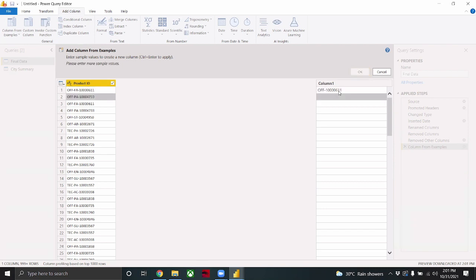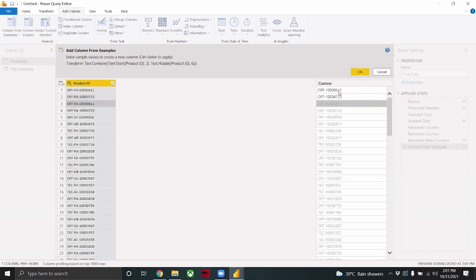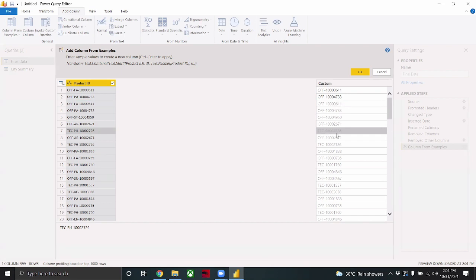আচ্ছা, it still hasn't guessed what I'm trying to do, so let's give another example. Off থাকবে, FA থাকবে না, 1 এর পর তিনটা শূন্য 4 7 3 3 second example দিলাম। Now they're guessing something, so they've already guessed that, মানে সেটা অনুযায়ী তাহলে থার্ডটা হবে অফ এই নাম্বারটা। Let's check with the third one, ওরা ধরতে পারে কিনা। Yes, ধরতে পেরেছে। FA টা সরিয়ে দিয়ে ওরা জাস্ট 140 000 2726 আনতে পেরেছে।